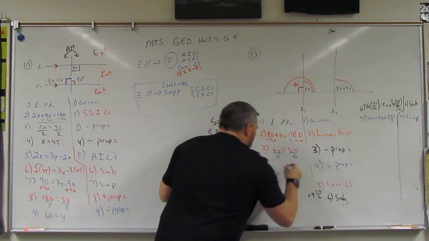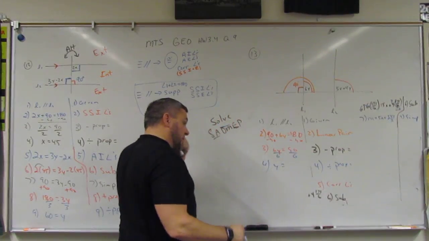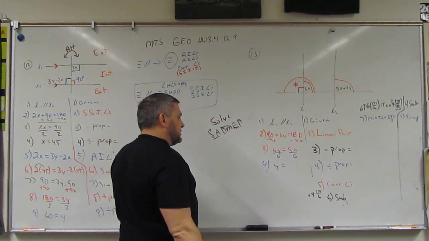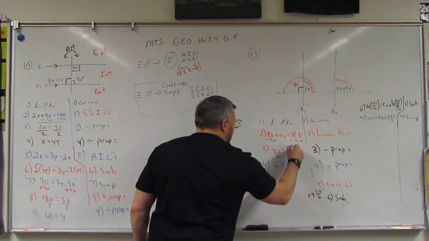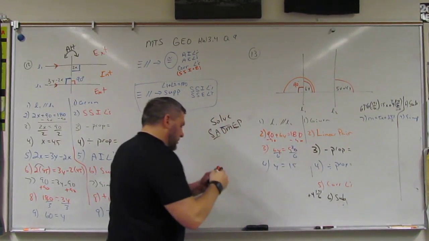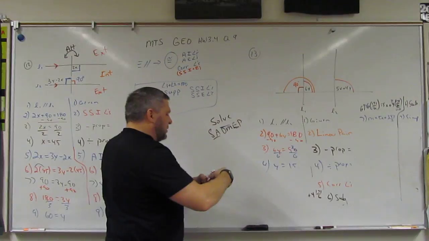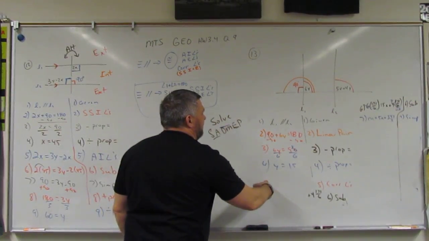Divided by 6 on both sides, and then y is equal to, well, 6 goes into 9 once with 3 left over. 6 goes into 30 5 times. Oh, so much better. All right. So then we have corresponding, so that means that